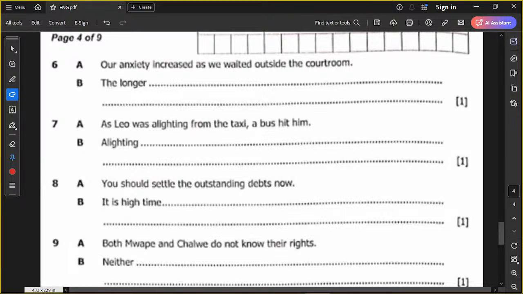So it goes, the longer we waited outside the courtroom, the more our anxiety. So the longer we waited,